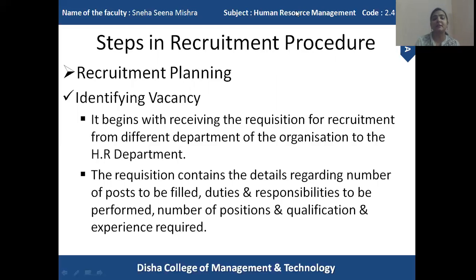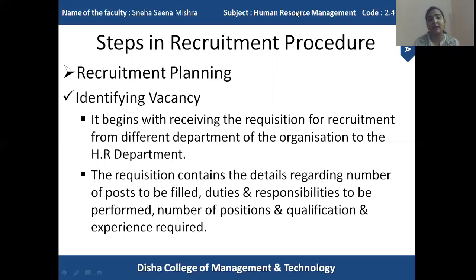and they will submit it to the HR department. So in an organization, they have various departments: finance, HR, R&D. So these departments will first of all make a list of the vacant positions, and they will send it to the HR department. HR department will receive the requisition from these departments of a particular organization, and the HR department